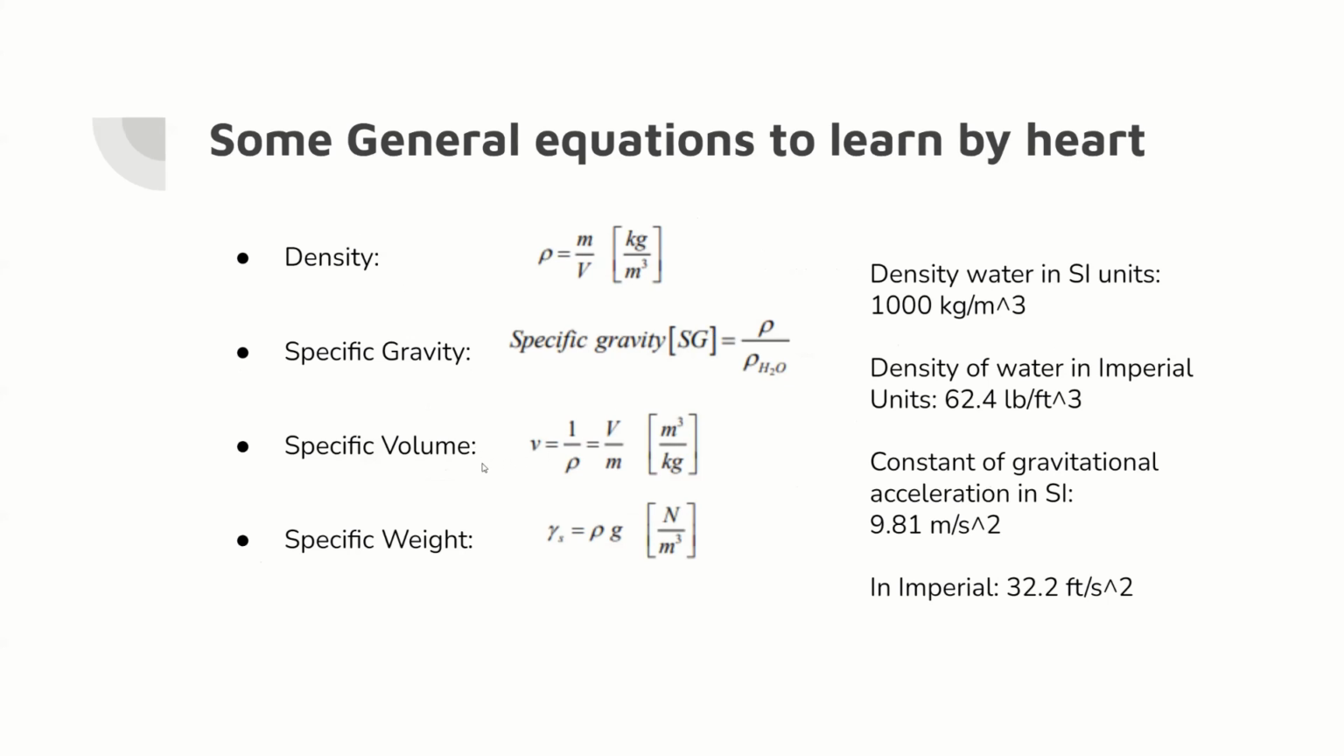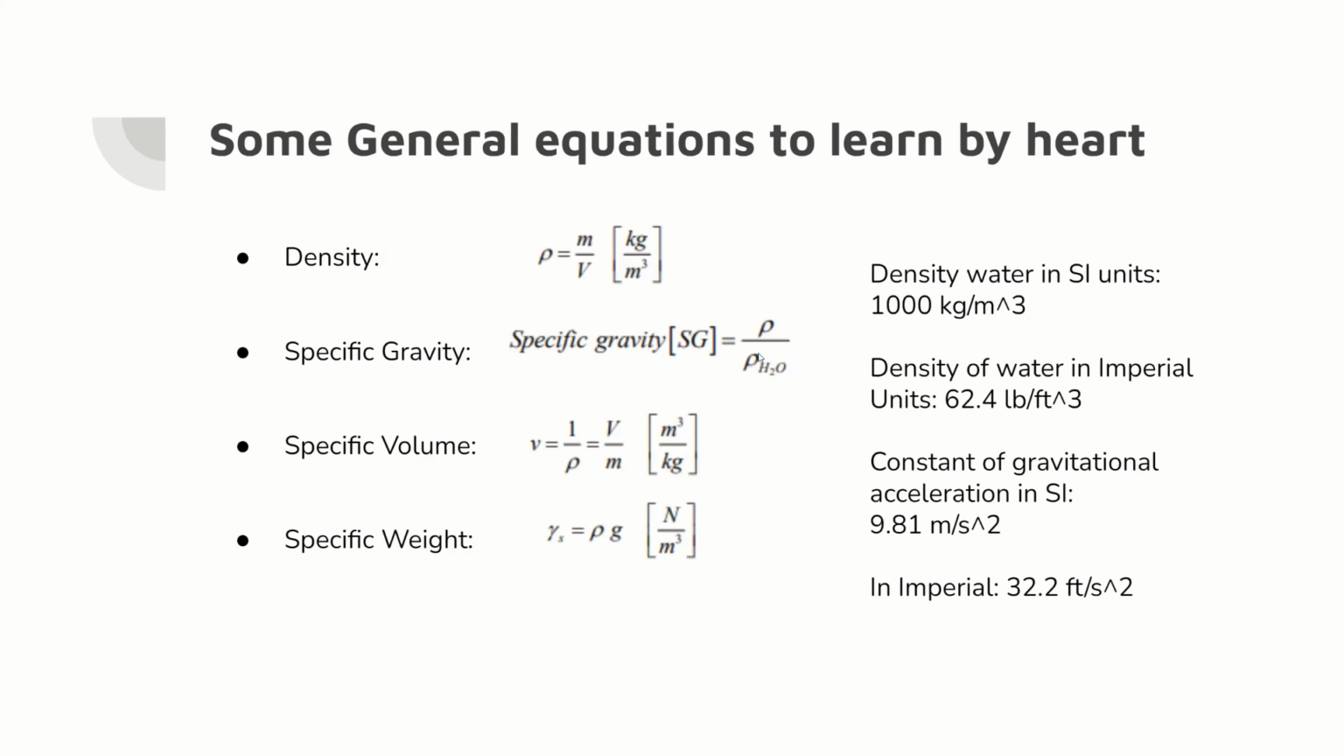And density, you remember, is the inverse of specific volume. So the volume divided by the mass, meters cubed divided by kilograms. Then you have specific gravity of a fluid. That'll be the density of whatever fluid you're studying, it could be mercury, whatever, divided by the